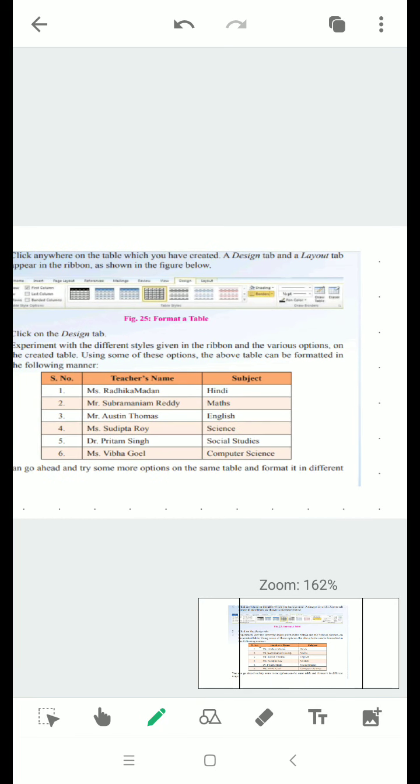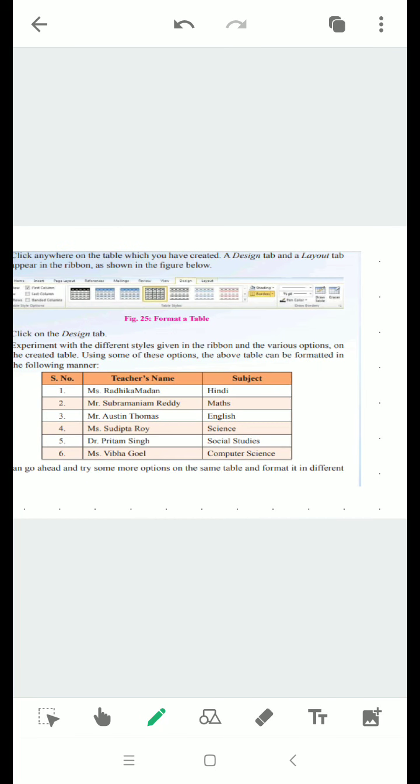Here you have to click anywhere on the table which you have created and go to the design tab. When you click on the design tab in the table styles group, here you can see different layouts of the table, such as color and the different borders of the table. We can also include borders along the cells, and we can even fill color in the cells, which can be done from the design tab and table styles group.